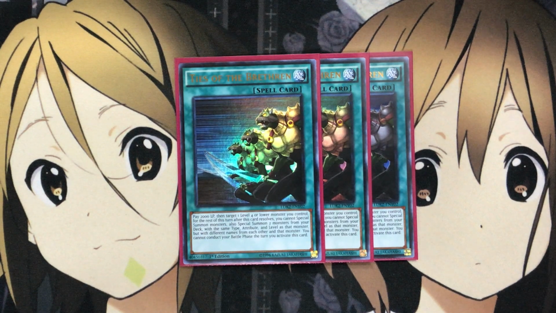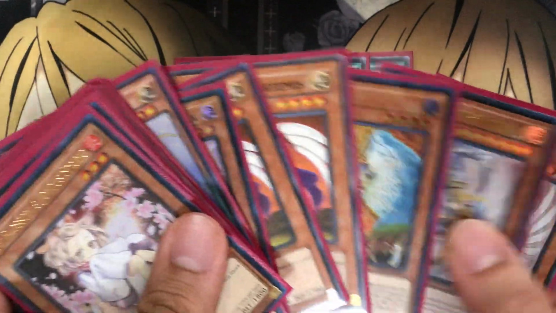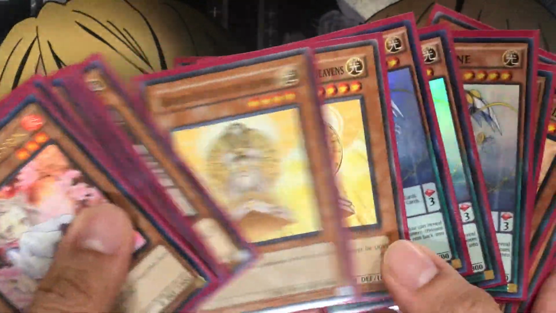After this card resolves, you cannot special summon monsters. Also special summon 2 monsters from your deck with the same type and attribute and level as that monster. And then you cannot conduct your battle phase the turn you activate this effect, but your setup is your main play to go for, having Battleful Artemis, then being able to, let's say, get an Honest, or the Barrier Statue,